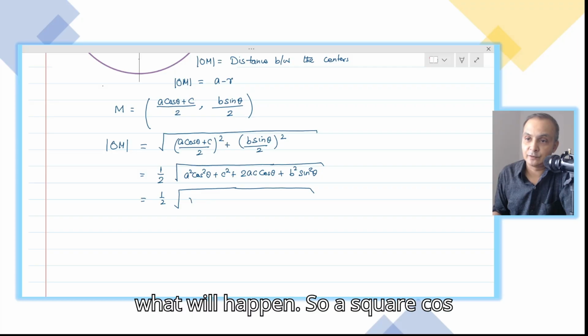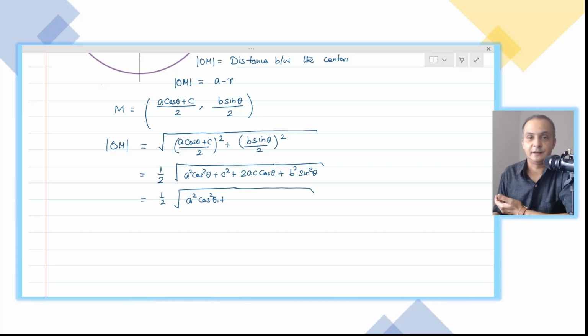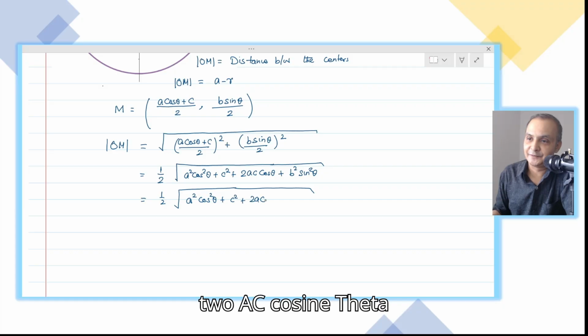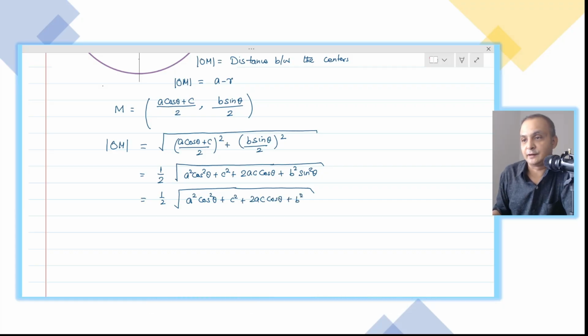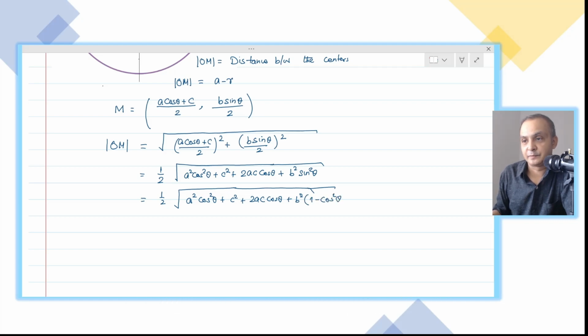So A square cos square theta I'm writing the same, then C square, and the 2AC cosine theta, and this I'm writing as B squared times (1 minus cosine square theta).